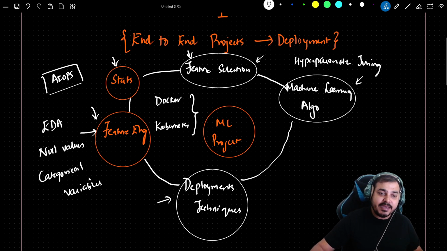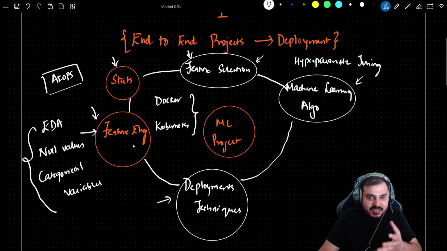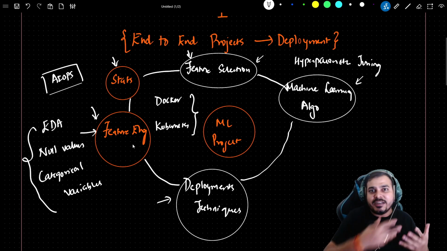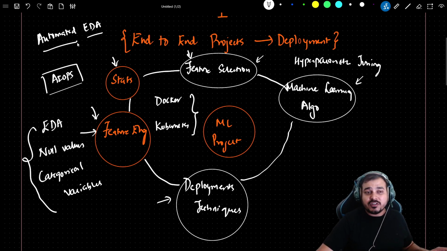Since you have selected the best project that you have actually done, you will be doing some or the other things over here in the feature engineering. Then from that specific project, just try to see it. Okay, this is how I have done an EDA. Have you done any kind of automated EDA? There are also techniques which focus on automated EDA, right? You have a lot of amazing libraries which will actually help you to do this. So definitely focus on that also.